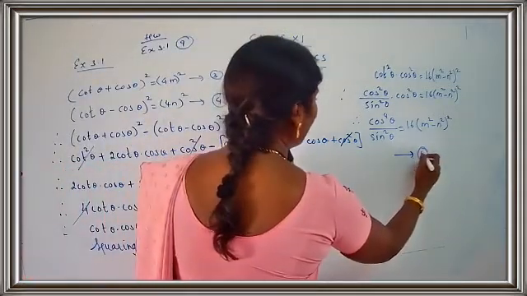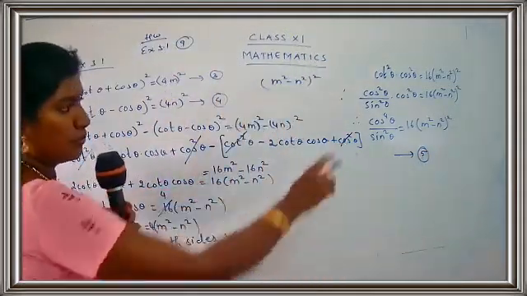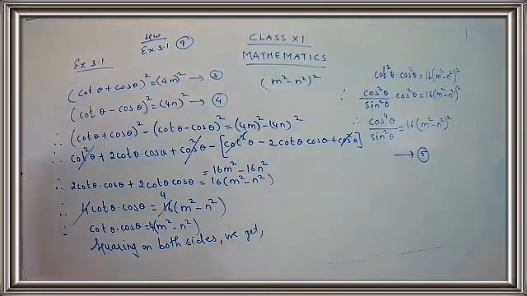4 is done. Till 4 we have written as 3, 4. So put that as number 5. So what do you get? Cos raised to 4 theta upon sin square theta is equal to 16 (m square minus n square) the whole square. Okay, done. Now we have just arrived at half of the part, that is (m square minus n square) the whole square. Now you have to arrive at the m and n term. We want m into n.